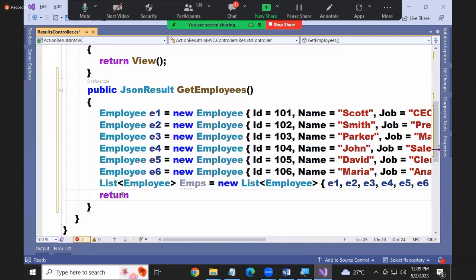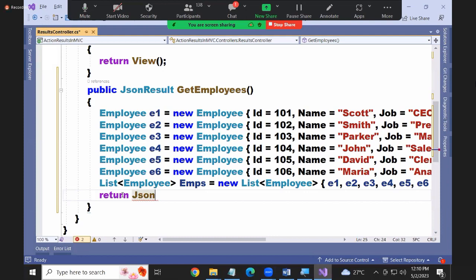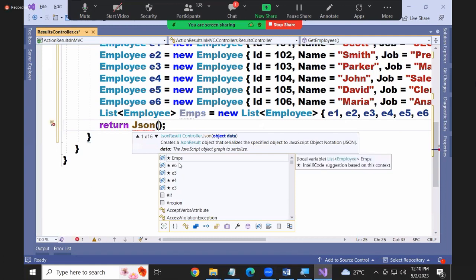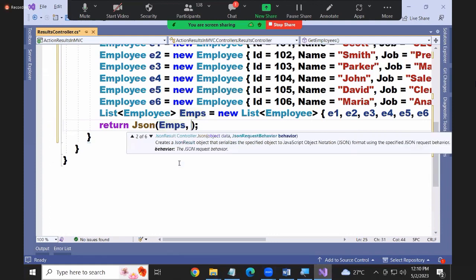Okay, so the method is return Json, just like return View. Now the method is return Json. You need to pass a few parameters to this. First parameter: what do you want to send? EMPS. That is what we want to send. Second parameter is